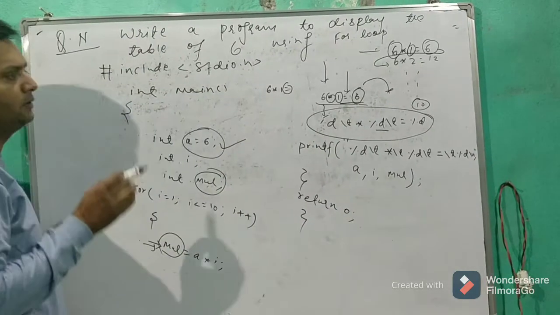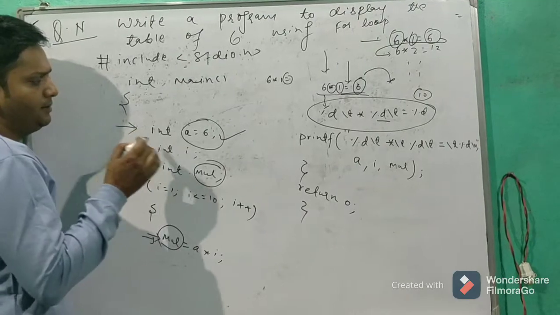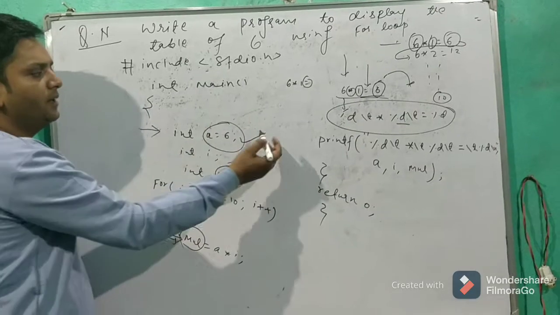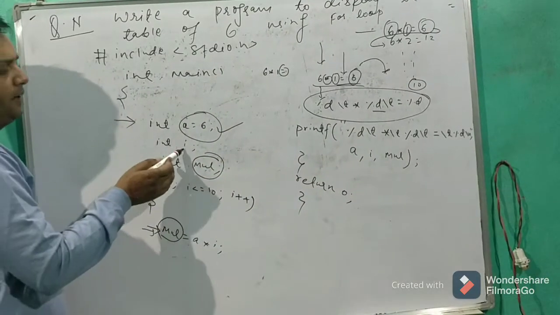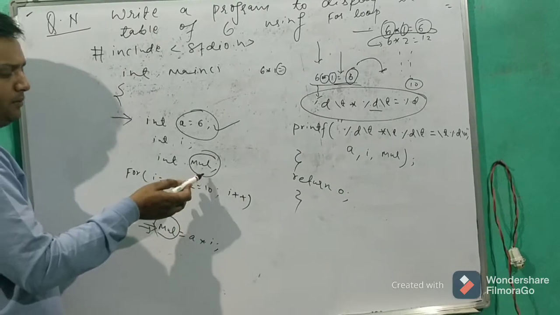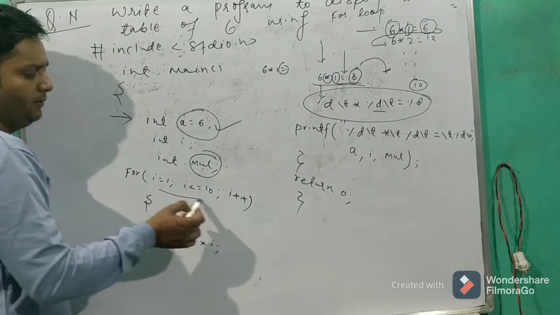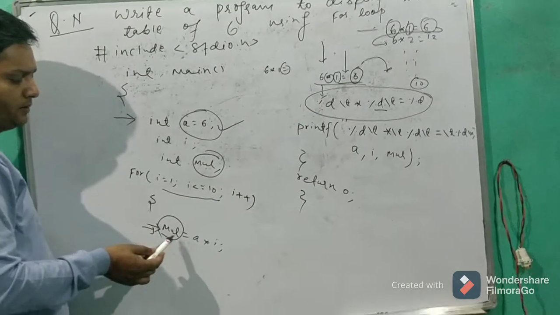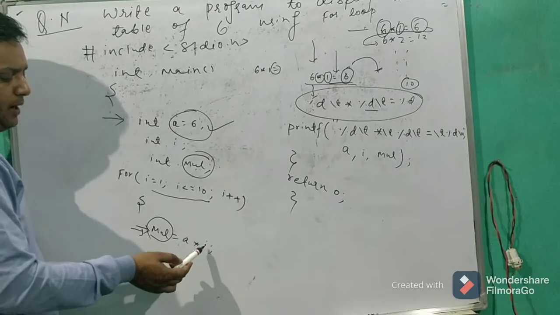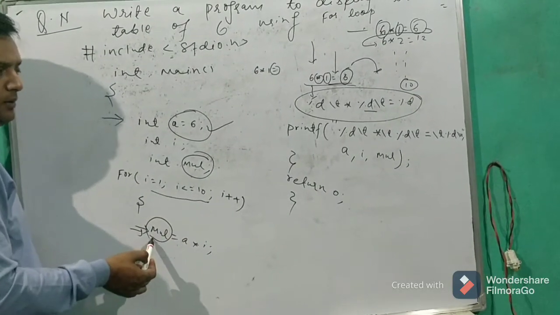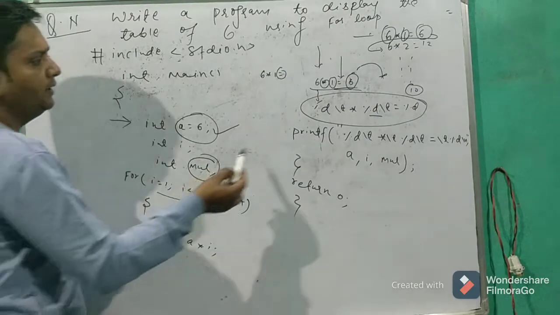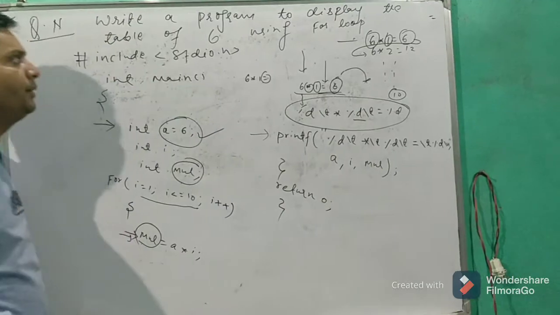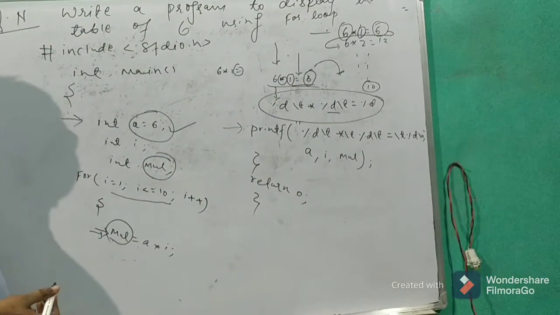So this is a simple concept. Otherwise, you can use scanf also here. I'm just giving the fixed value. If you want to multiply any other number, you can write the scanf concept. So there is the variable i, and another variable mul. This is for the table, starting from 1 to 10, and each value is incremented by 1. I'm storing a, which is my 6, into i. The i value is taken from here, stored into one variable and another variable, and then just printing this. In this way we can solve it, and we can write the program for the tables.